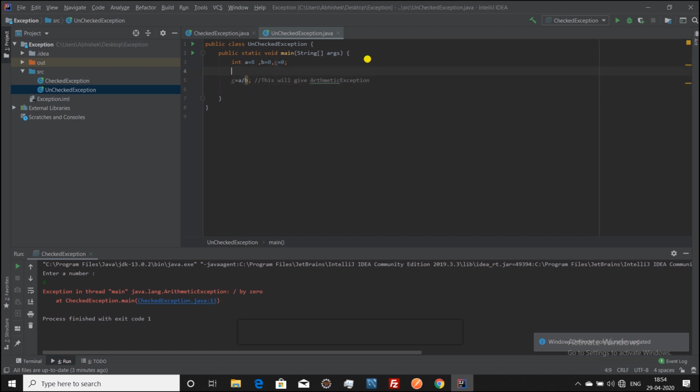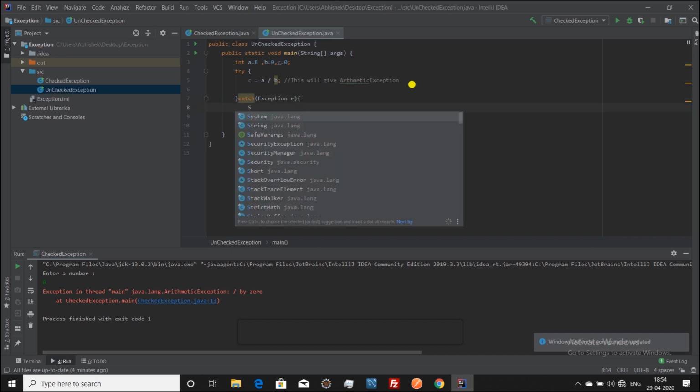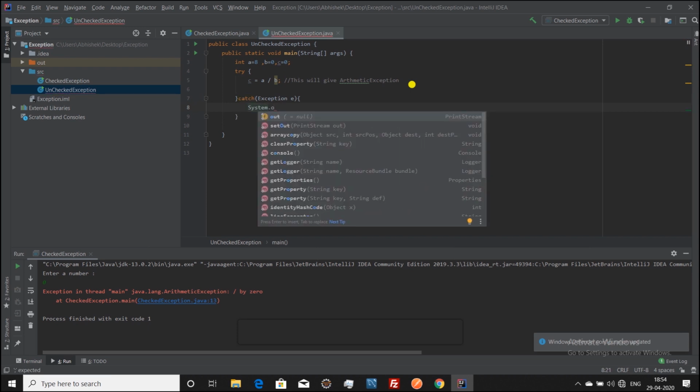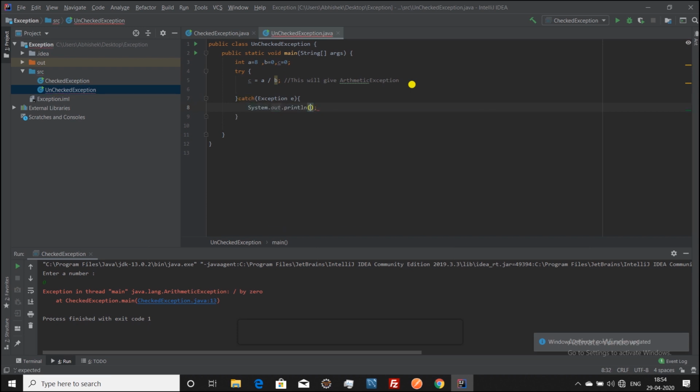But when it comes to this kind of thing, we always write it in a try and catch block, because we know this kind of code can give an error. So we will write in the catch block Exception e. Why have we written Exception e? Because Exception e catches all kinds of exceptions.